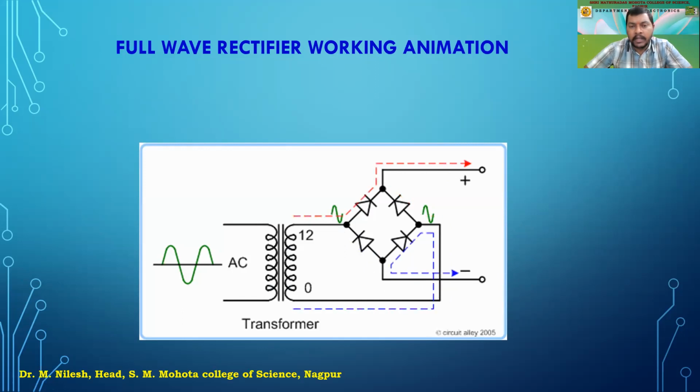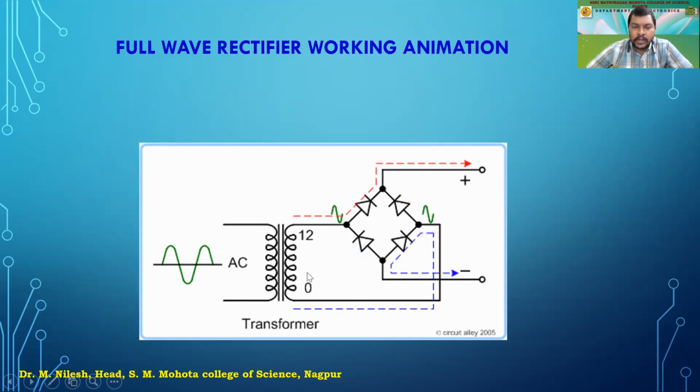The positive half cycle is rectified by D1 and D3. Similarly, during the negative half cycle, D2 and D4 will be forward biased and D1 and D3 will be reverse biased, so the other half gets rectified. The current will flow from positive to negative itself. It will remain like this. The animation is showing that the current will flow like this, right? And the blue line shows where the current flows after the load.